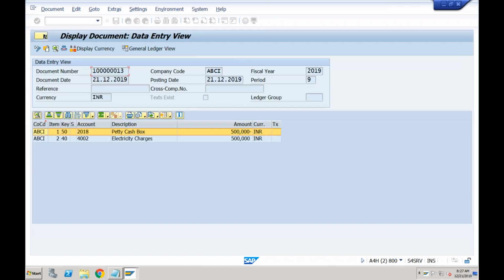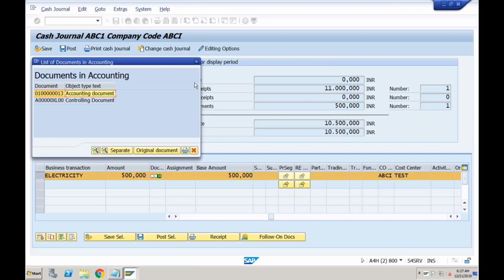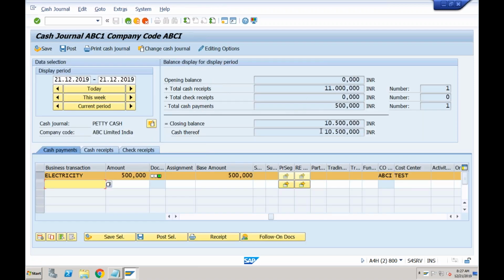If you double click on this, you can see electricity charges are debited and petty cash box account is credited. So at any point of time, the balance in this one should be the same as your petty cash GL account.